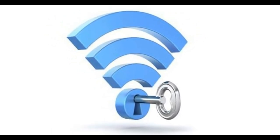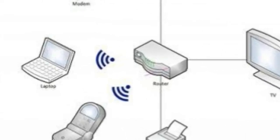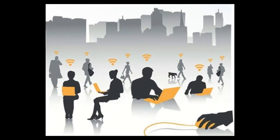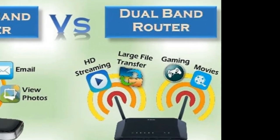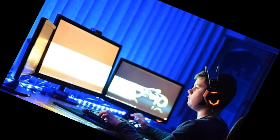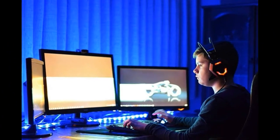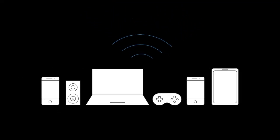So your password will be safe and your guests won't have access to your files, printers, or any connected devices on your Wi-Fi network. And with the quality of service setting, you can decide which applications or clients will get the network priority. For example, if you are gaming on a console such as PlayStation or Xbox, and at the same time you are running a print job, you can give priority to gaming to avoid lag time